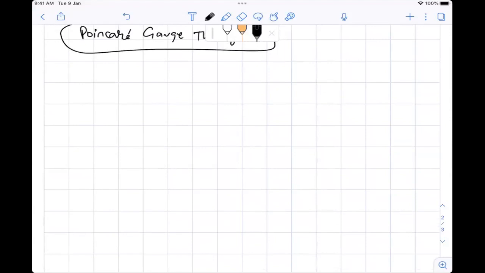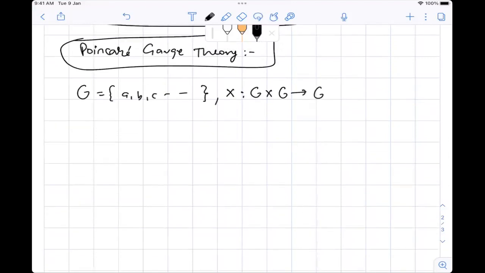Okay, so perhaps it's now a good time to talk formally about what a group is. Consider G, some set which has some elements, let's say A, B, C, D, and so on. I also have a binary operation, let's say cross. So what does cross do? Cross will take two elements of G and map them again to the same set